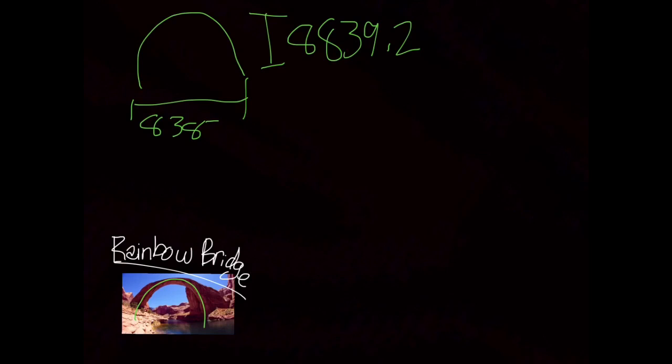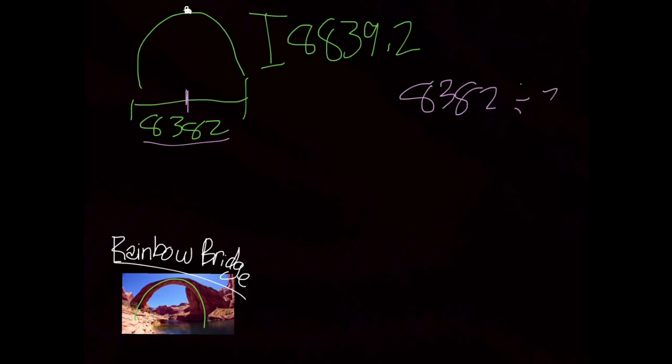Our height is 8,839.2, while our length is 8,382, and this is all in centimeters. So we're going to want to find the vertex point, which is right about there. So what we're going to need to do to it is divide that number by 2. So I'm going to do this right here,